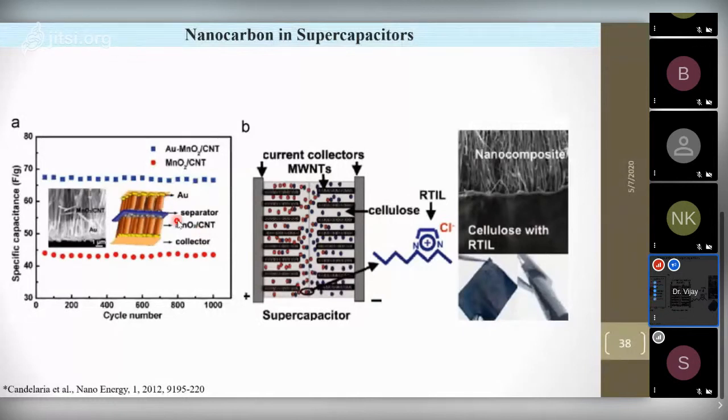MnO2 is doped on, or attached to, carbon nanotubes. Above that there is a gold layer, which is introduced to reduce the contact resistance. So that's why I said that, in addition to metal oxide with carbon nanotube, there are newly added metal nanoparticles as a dopant on the edges, or like a layer here, which is shown in this image. So this is a supercapacitor application of multi-wall carbon nanotubes.